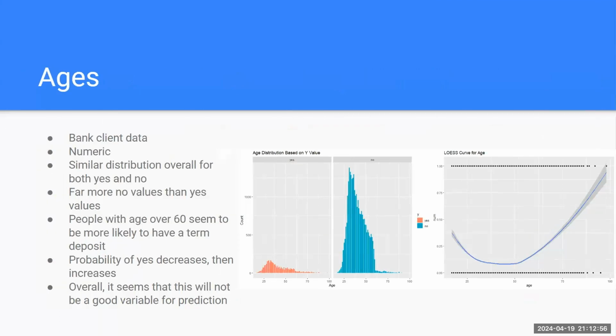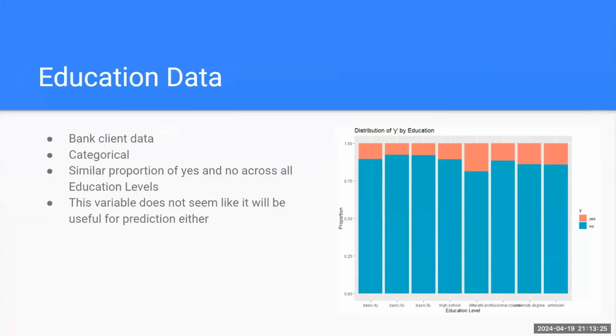So here we are looking at the age distribution based on the Y variable. We can see there is a similar distribution overall for both yes and no. However, there are far more no values than yes values. We also noticed that people over the age of 60 seem to be more likely to have a term deposit. So the probability of yes seems to decrease then increase. And overall, it seems that this will not be a good variable for prediction. So we'll move on to